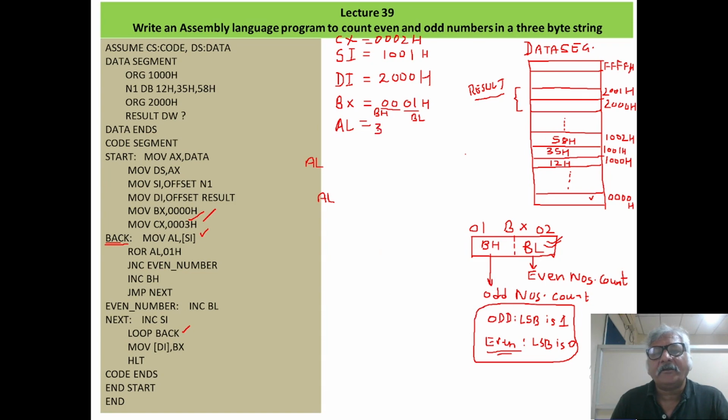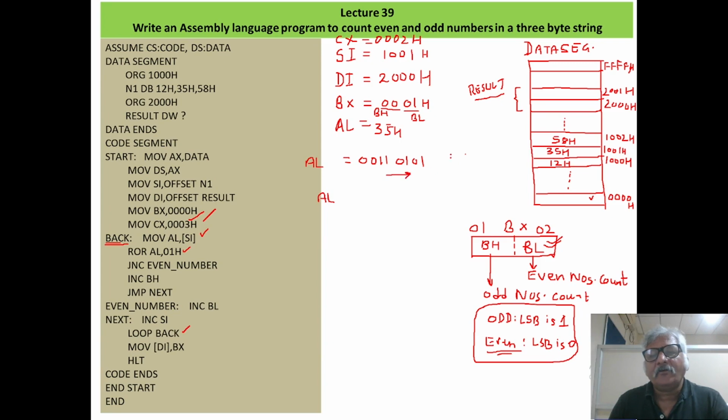So in AL we have 35H. 35 in binary: 3 means 0011, 5 means 0101.